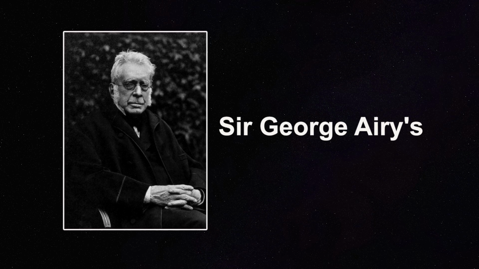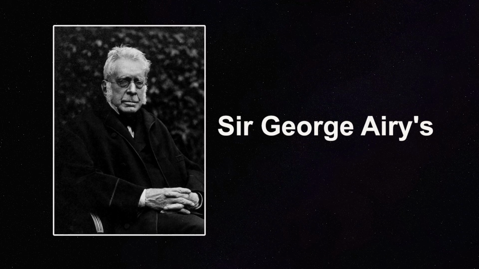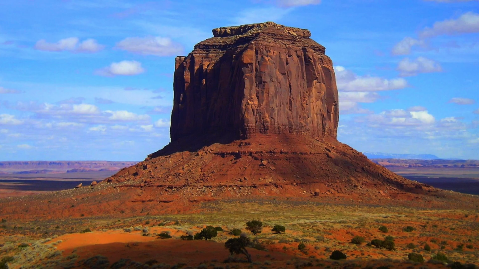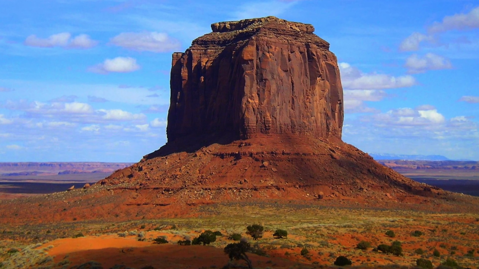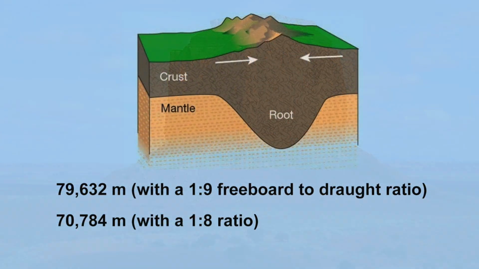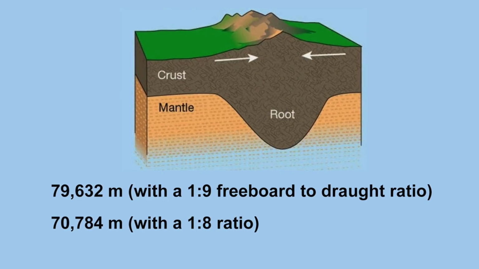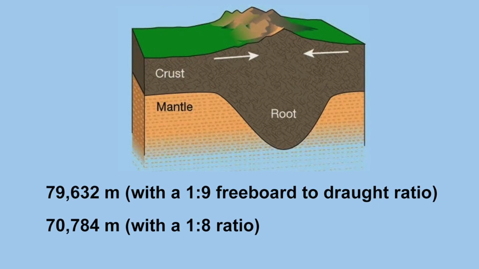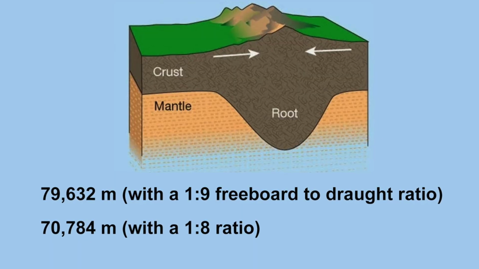So, while Sir George Airy's concept of isostasy is widely respected in the scientific community, it has some flaws. Let us know that. According to his theory, every elevated landform must have a corresponding root of lighter material beneath it proportional to its height. If we apply the flotation principle to the Himalayas, their root would extend to a depth of 79,632 meters, that is with the ratio of 1:9. If you apply 1:8, that depth should be